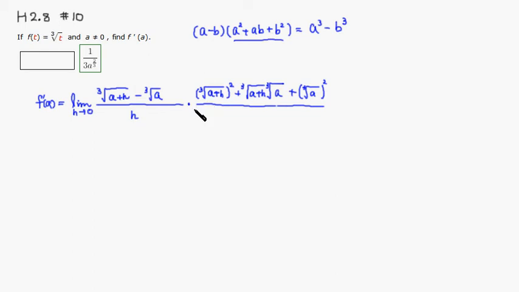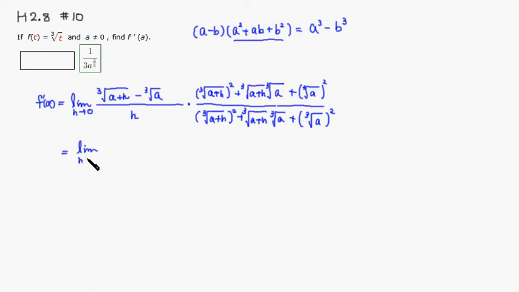Right? So I'm going to do the same thing on the bottom. So it's going to be a cube root of a plus h squared plus cube root of a plus h times cube root of a plus cube root of a squared. Alright, then if you multiply it all out, you're going to get, so you have a limit